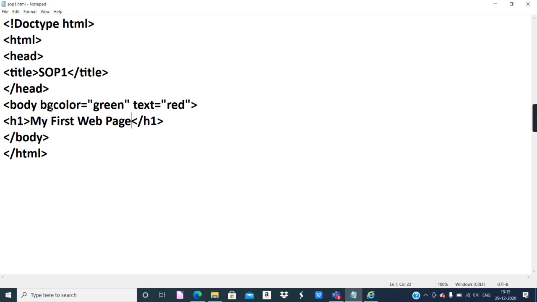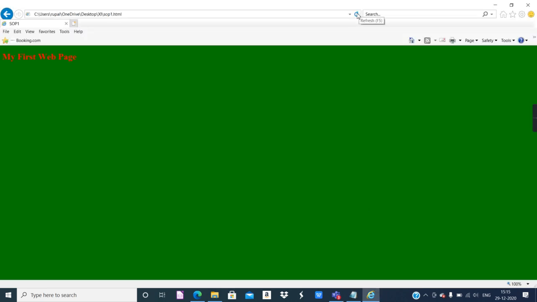Control S, save it. See, part by part, line by line we are doing this. We are saving the notepad and checking the output. My first web page, and the color of the text is red.